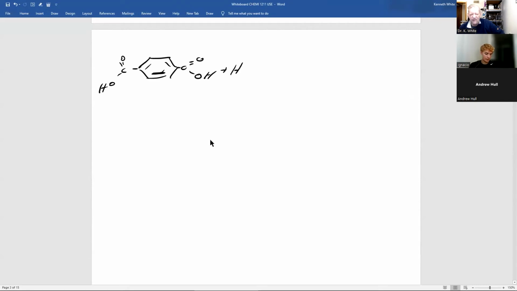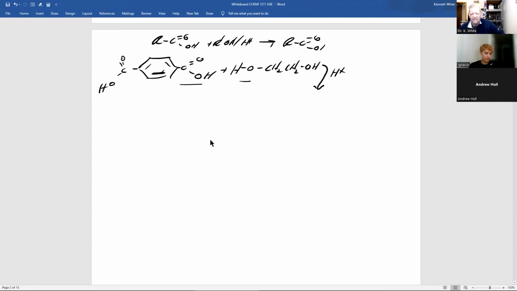And one of the things I noticed I forgot on this slide was acid catalyst. If we look here, really what we have here is a carboxylic acid and alcohol. Acid catalyst, and you make an ester. So if that happens,